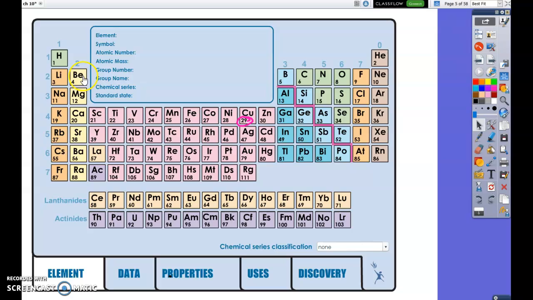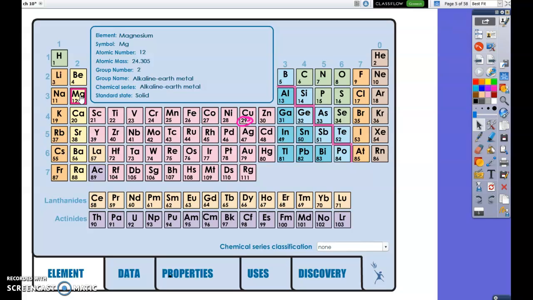So this periodic table has just the atomic number, but if I click on, this is interactive, see how this lights up here when I go to an element. So it does tell me that the atomic number of magnesium is 12. The atomic mass is 24.305, and that's actually the mass.